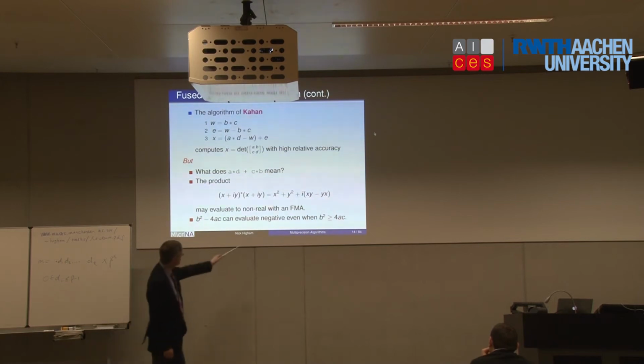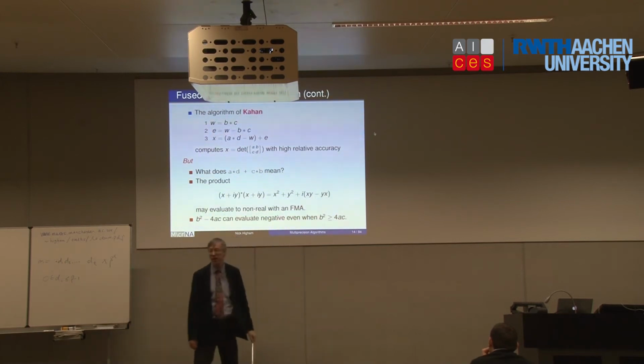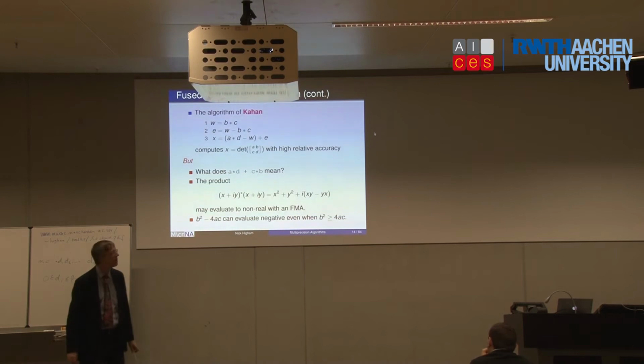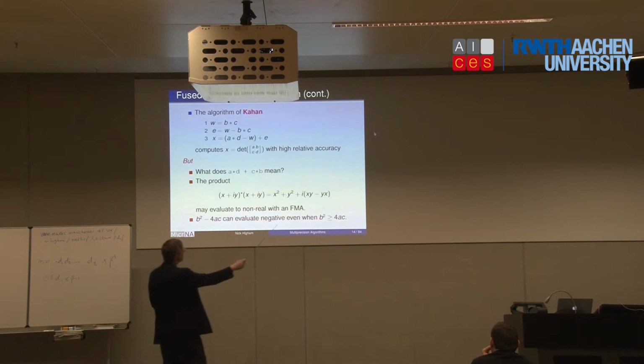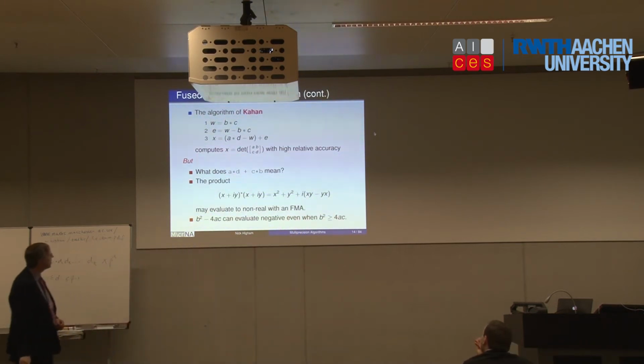Literally evaluate this from that expression. With an FMA, xy minus yx could evaluate as non-zero. In standard floating point, x times y is definitely equal to y times x. By definition, they're both the correctly rounded version of x times y. But if you use an FMA, then you can get a non-zero answer. So you get a non-zero imaginary part, which would be really confusing to someone who didn't know what was going on.